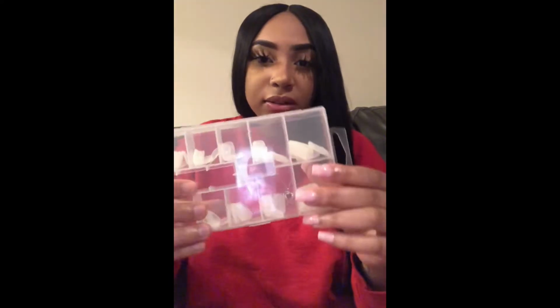So I had bought these press-on nails from Walmart. And they literally cover your whole nail, so you don't need no acrylic or none of that. And then I had bought this nail gel kit from Walmart too, and it comes with this nail light lamp, and it comes with